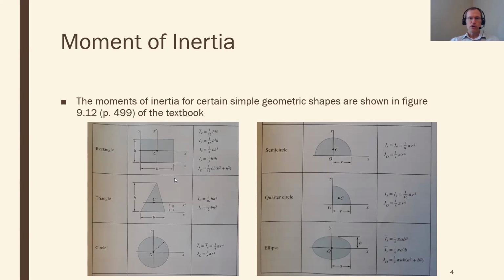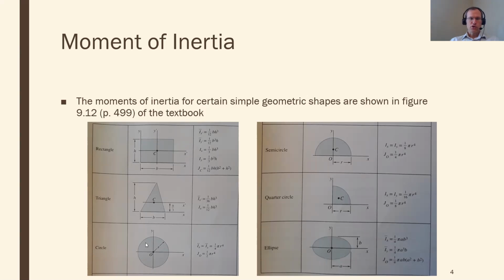Luckily, this book is fairly good in terms of its denominations, in terms of Ix is the x-axis, I bar x prime is the x prime axis, also puts a bar over the I to remind you this is the centroidal moment of inertia about the centroidal axes. Also, it gives you a figure that you can see where all these axes are and where they all line up. So this, again, is a very good table for these. Some tables aren't quite as nice,